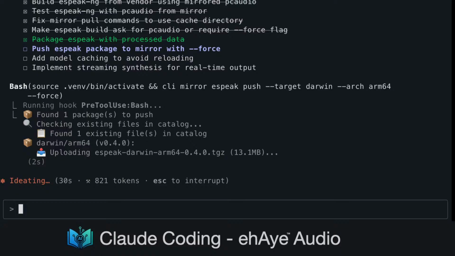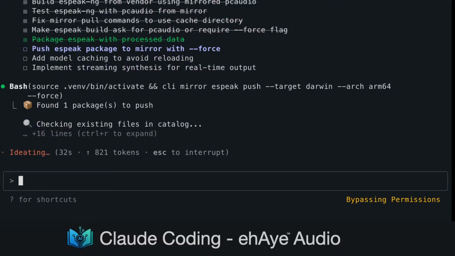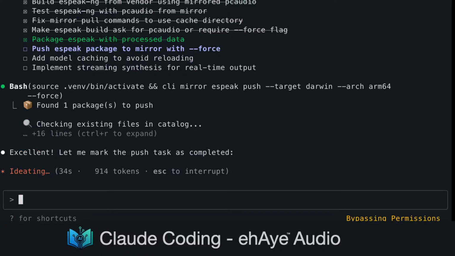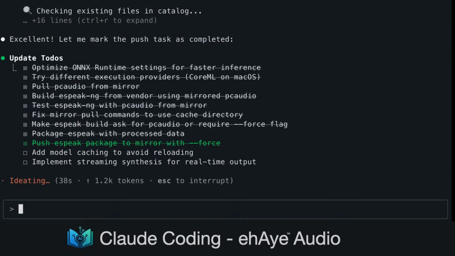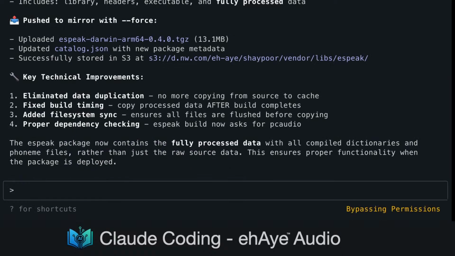Push SBIC package to mirror with force flag. Excellent. Let me mark the push task as completed. Perfect. We successfully packaged SBIC with the processed data and pushed it to the mirror. The package now contains all the compiled dictionaries and processed files.